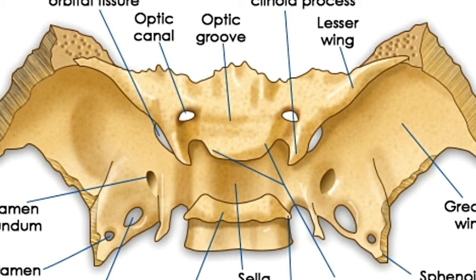Pterygoid processes, also called processus pterygoideus, are 2 bony processes that descend downwards from the junction of the greater wings and the body of the sphenoid bone. A pterygoid canal passes from back to front at the base of each pterygoid process. Each of these processes comprises a lateral and medial plate. The pterygoid fossa is a concavity or depression that lies between the lateral and medial plates.